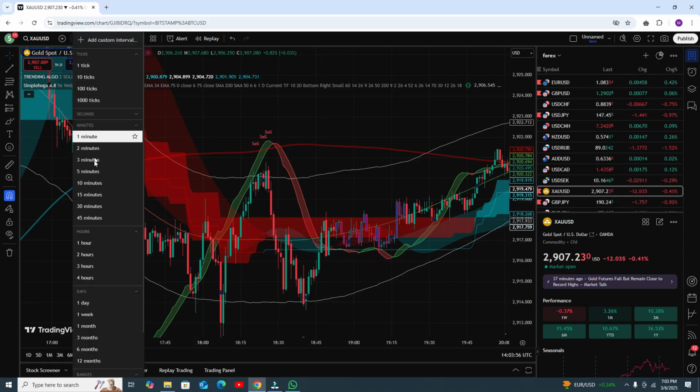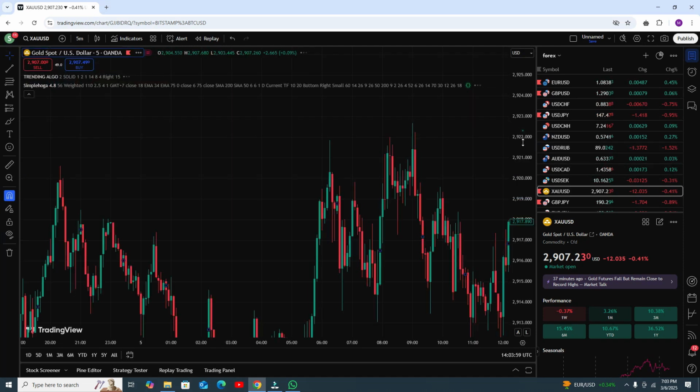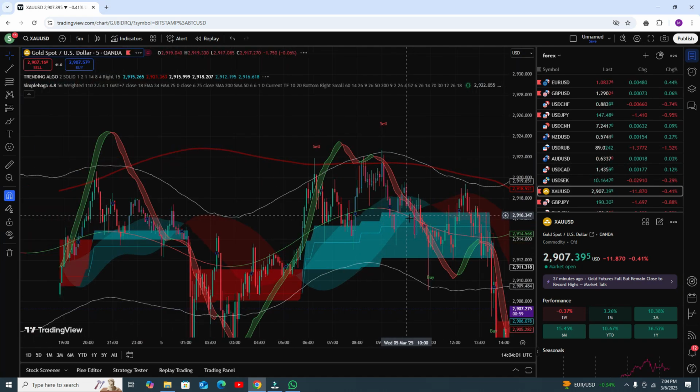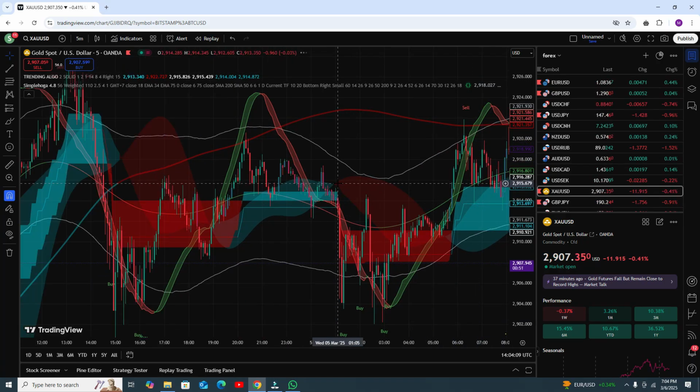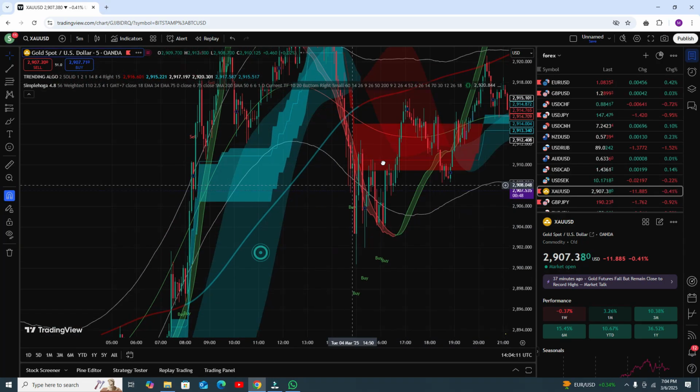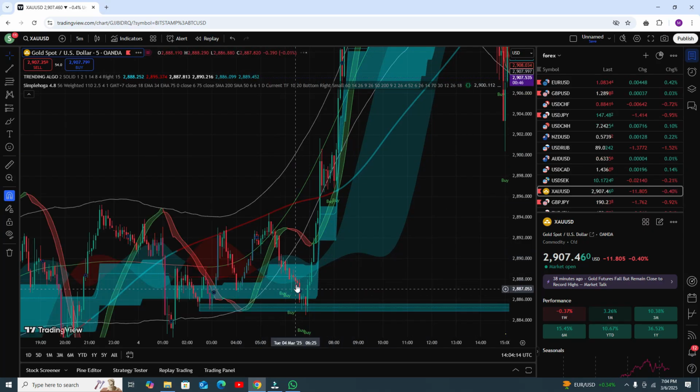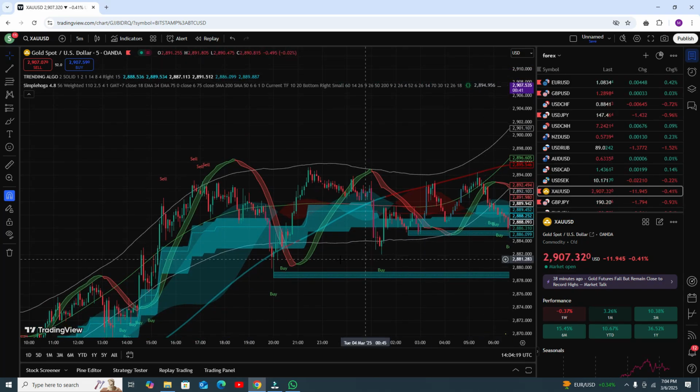Now let's see the 5 minute time frame. Okay, strong buy condition, this is actually the weak signal. And you can see you got the profit here. Let's see some more conditions here. This is a strong buy condition and you can see you got some good profit here. Yes, that one is a strong buy signal. The clouds are blue and this trend line is also blue, so that is a strong buy condition and you can hit the target.